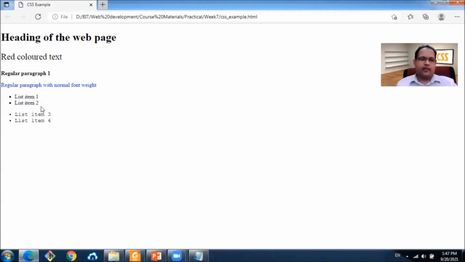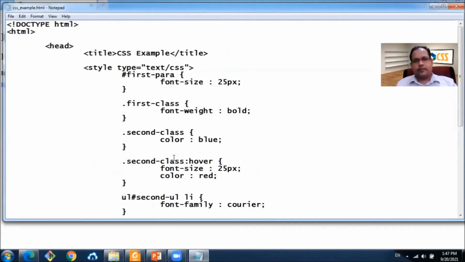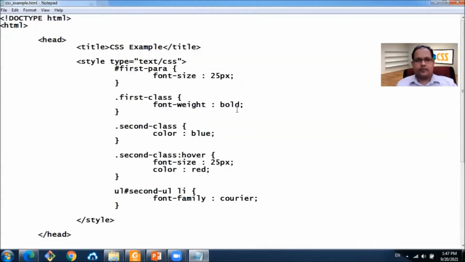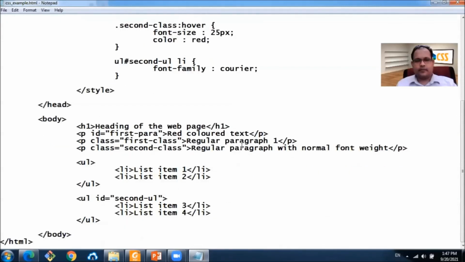Now we can see the first UL has the regular text and the other UL has the special text font style that we wanted them to apply. So that's how we can select elements in different ways.